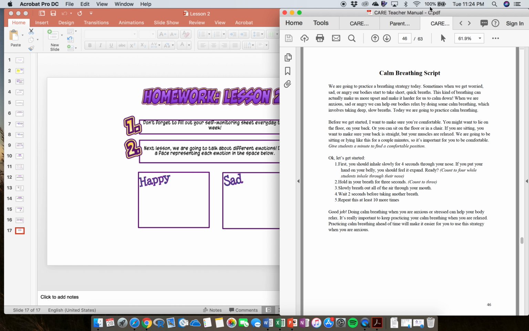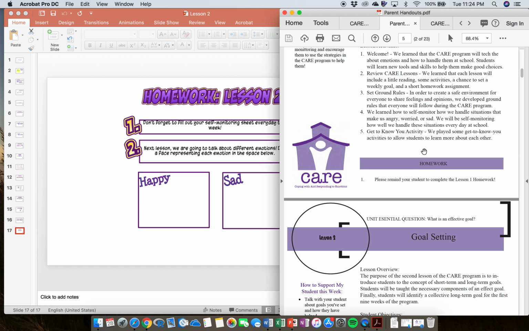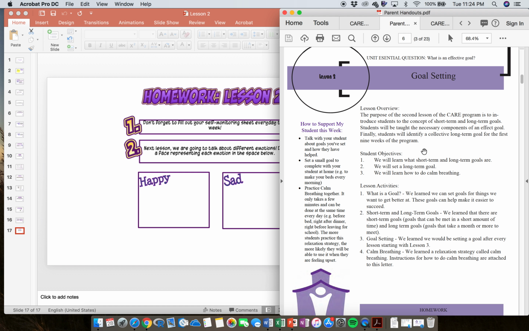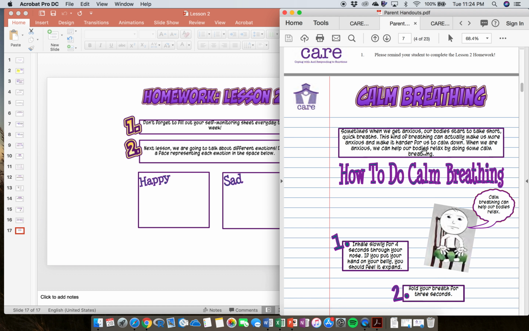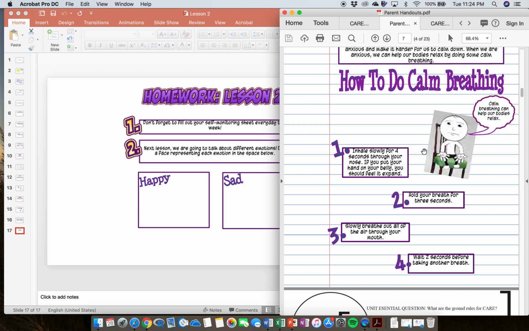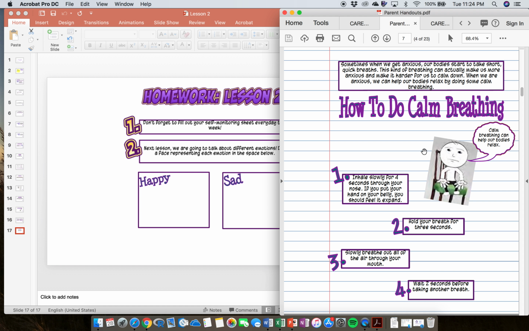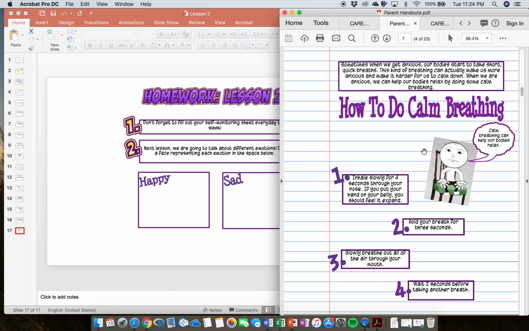Also, make sure you are sending home those parent letters so we're keeping parents in the loop about what's going on. If you notice in your packet, you should have a parent letter there. And then there also should be a page that has the how to do calm breathing from the student workbook, because one of the recommendations that we will have for parents is to practice calm breathing with their student every day. Since it's pretty short, it's not too intrusive of a task,